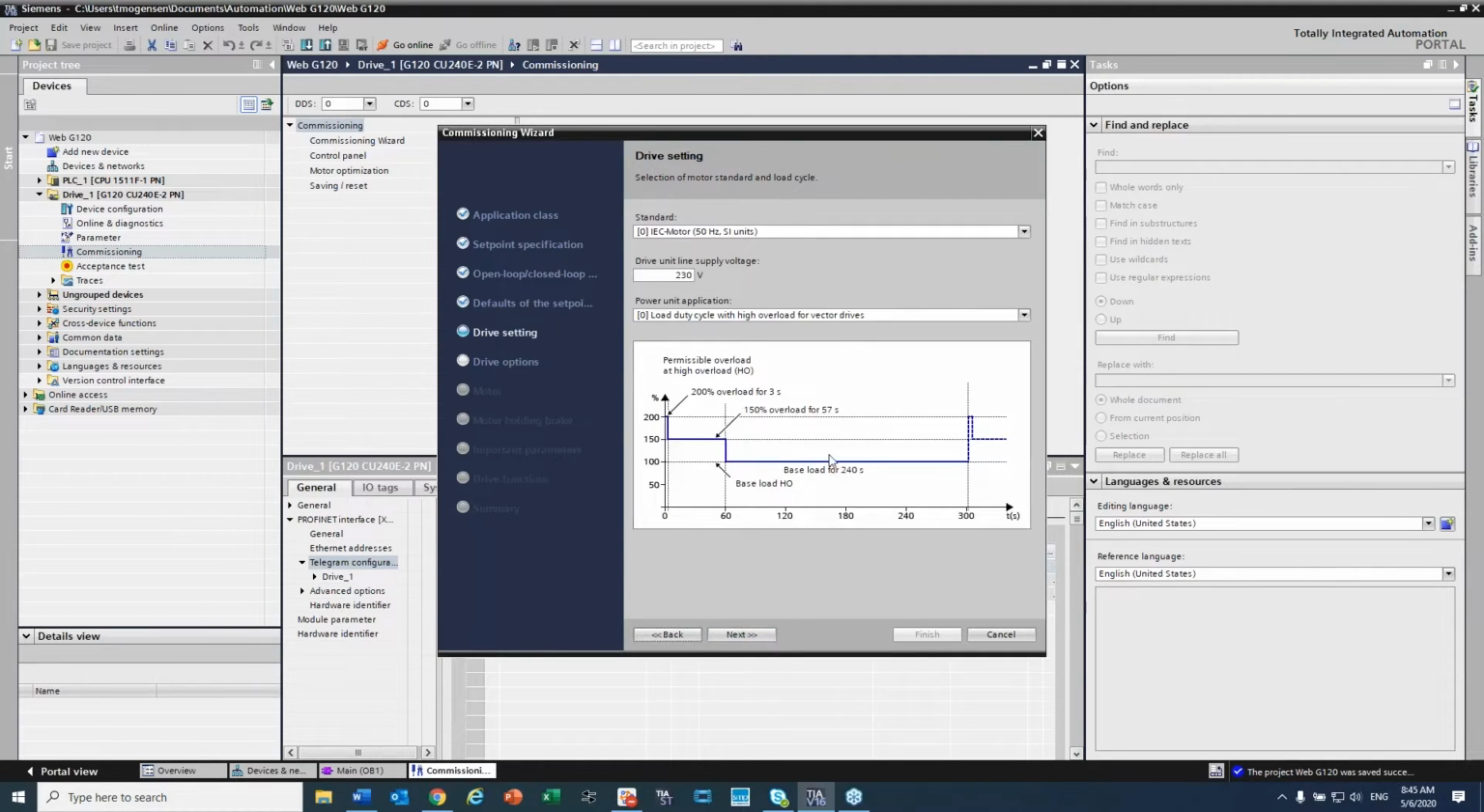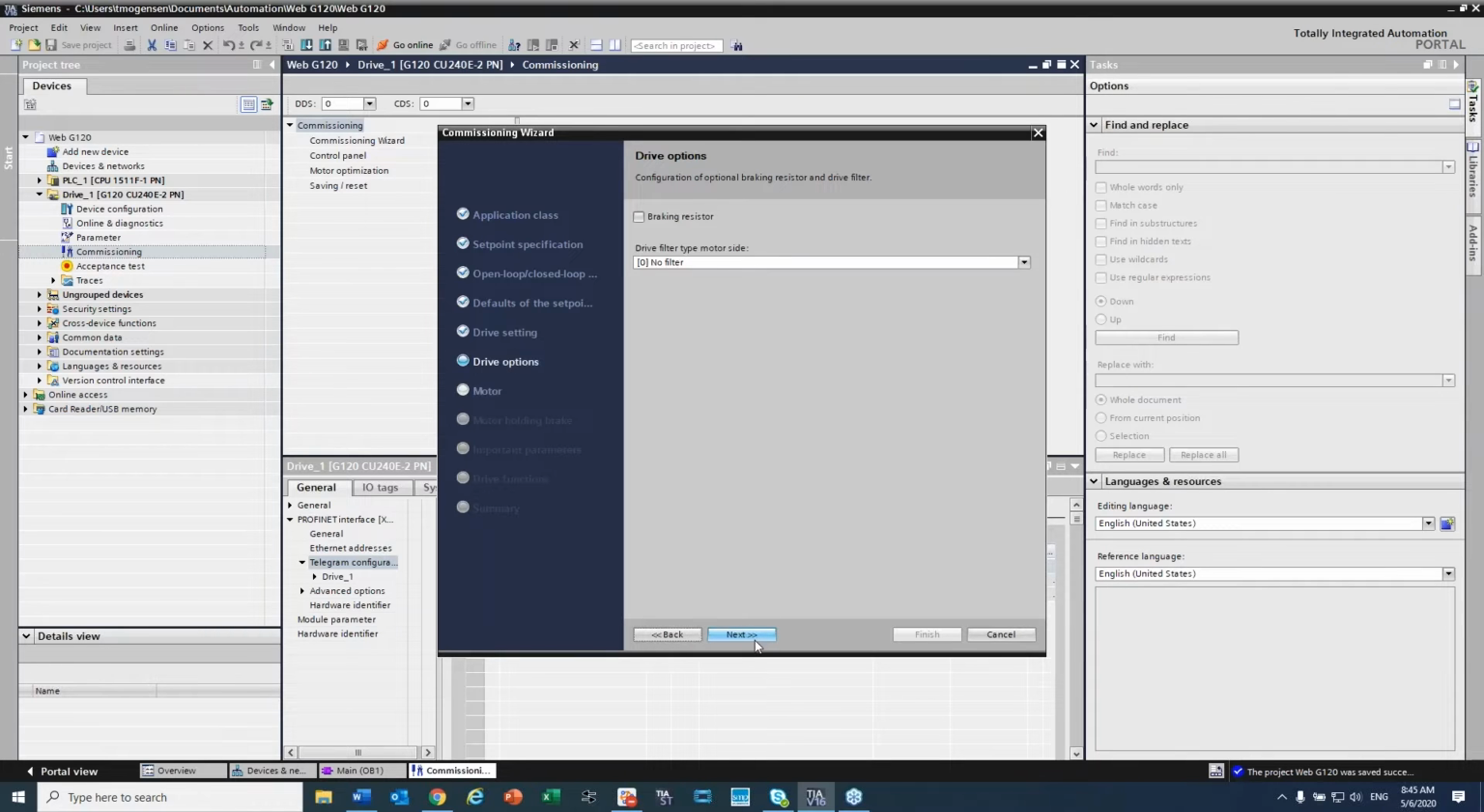So we'll hit next. Our motor, in this case, is a European motor. So I'm going to leave it based in 50 hertz and 230 volts. You can pick your overload application. I'm just going to leave that default for now. We do not have a braking resistor,